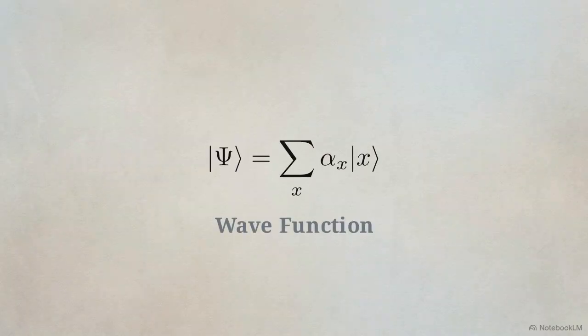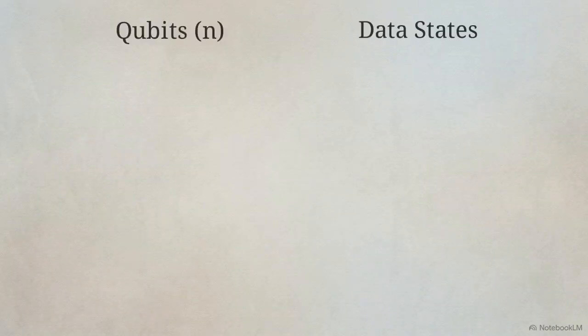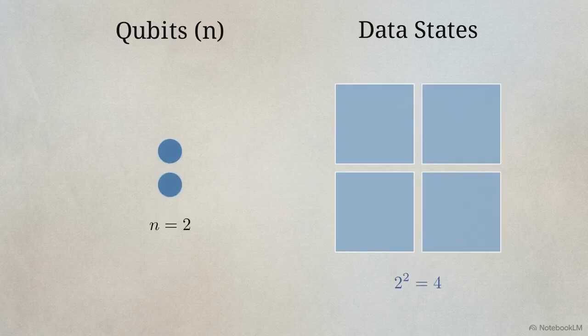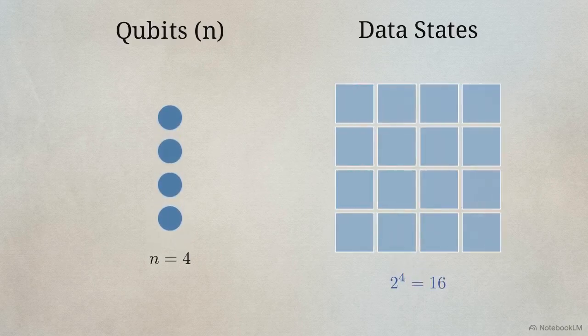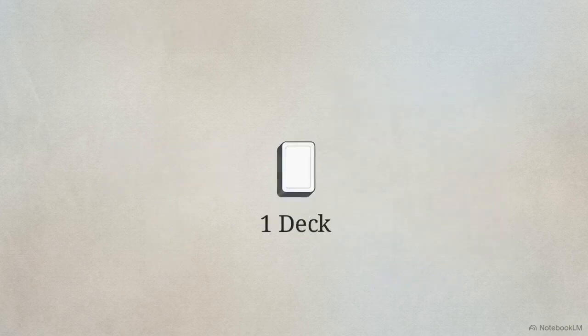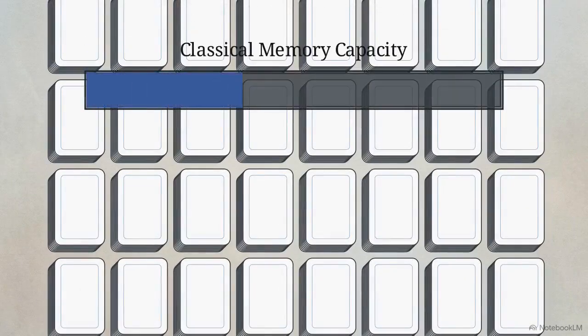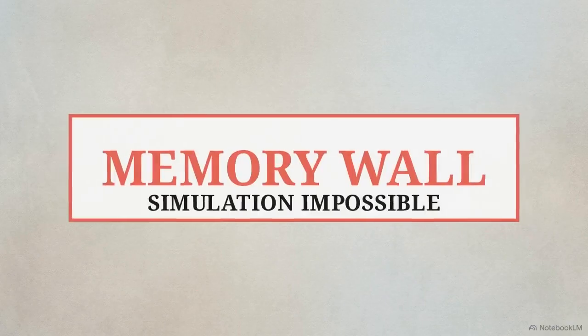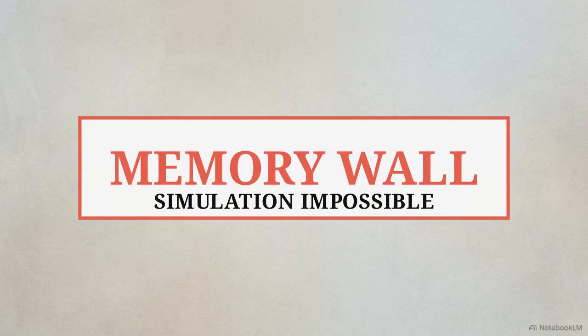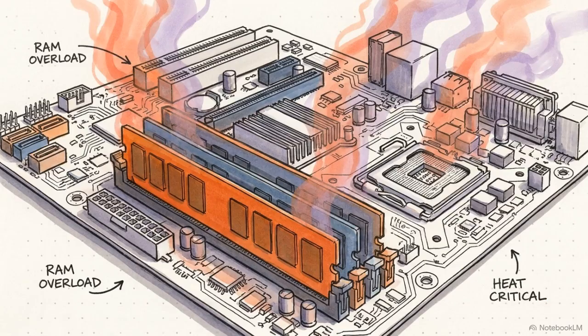This chaotic information is described by the wave function. The mathematical barrier is straightforward. Adding a single qubit exponentially multiplies the required data. Like memorizing every arrangement of multiple card decks, the storage requirements instantly max out the memory limits of normal computers. Because of this memory wall, these specific simulations were categorized as a task that only quantum hardware could handle.